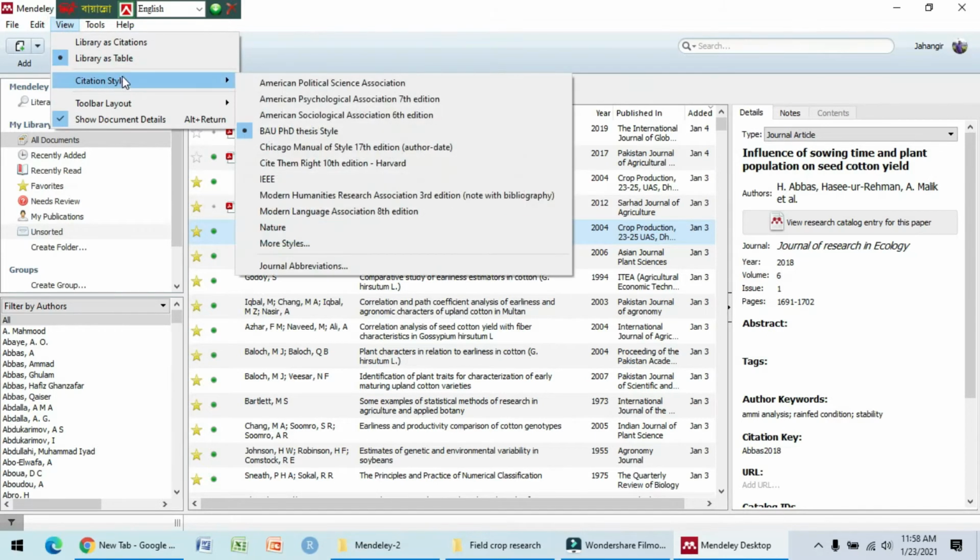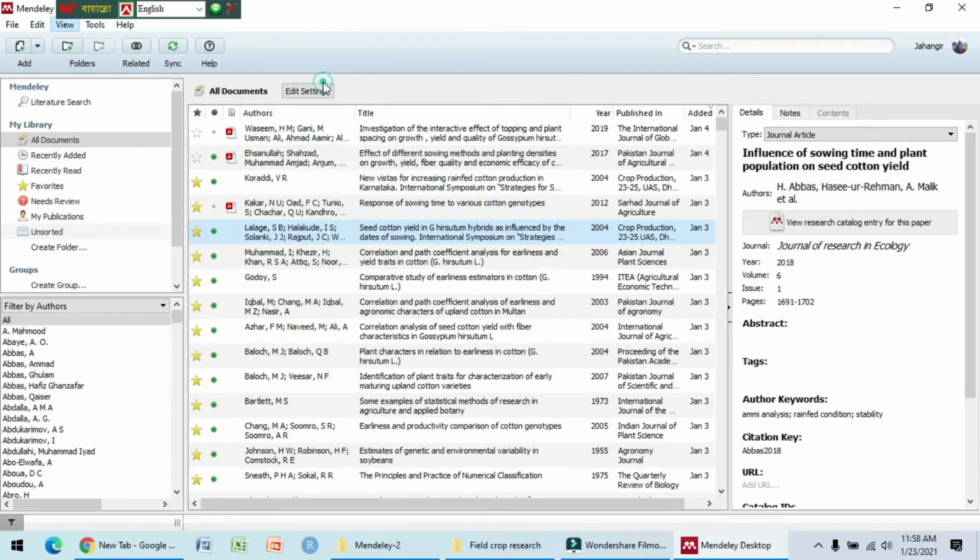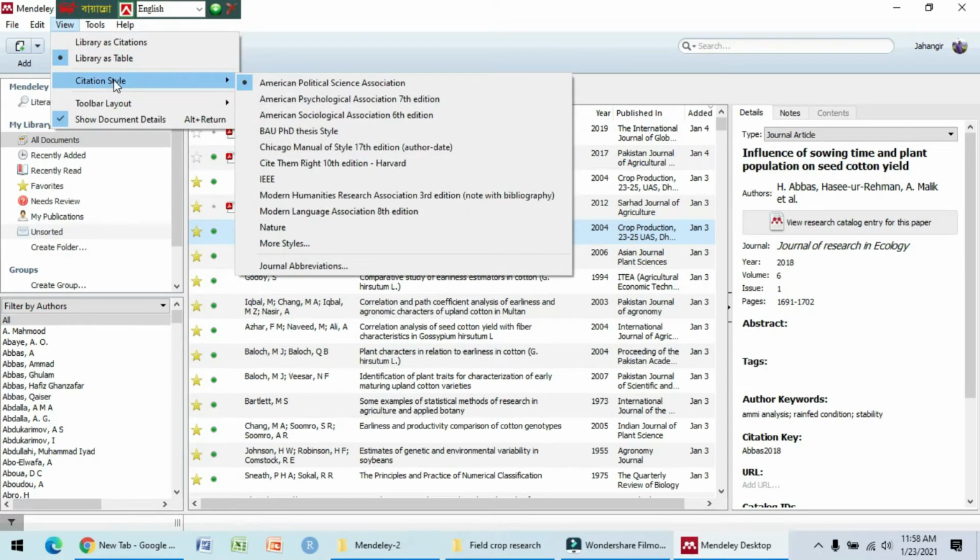And you have seen citation style, many citation styles. You have the American Political Science Association, American Psychological Association 7th edition. You select one. So for citation style, you choose.